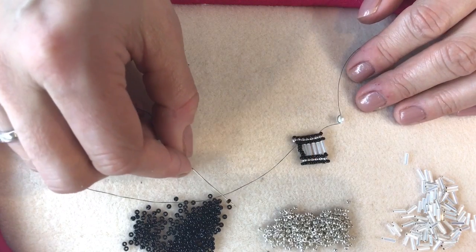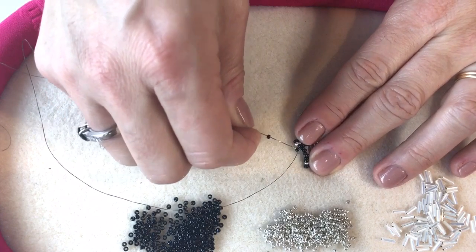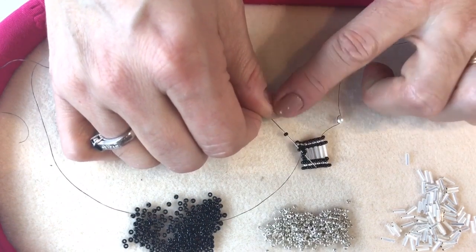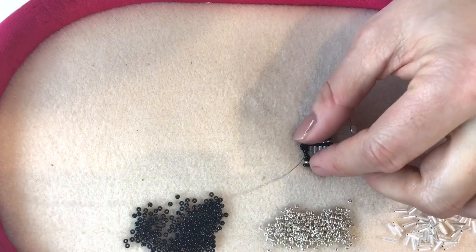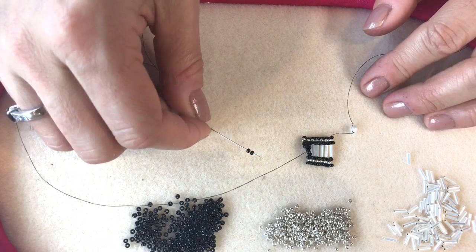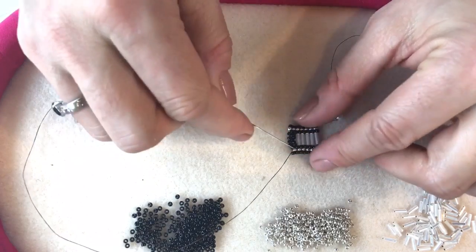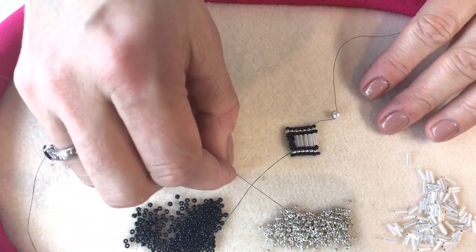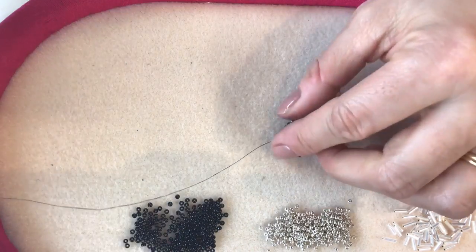And now what I'm going to do is pick up 2 A beads and go through the middle A in that first set of 5 A. I'm just going through the middle A, so I picked up 2 A and I'm going through the middle A of the set of 5. And then pick up 2 more A and go through the next A on the border there. So I've skipped over the 2 A's in the set of 5 and gone through the next A in the border. And you can see how it's creating this, it's like a little cross really. And now I can pick up a B and go through the next A,